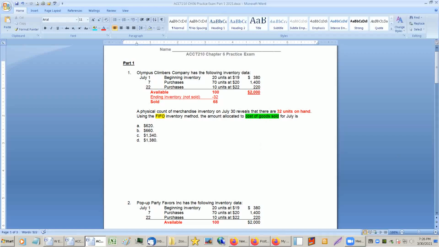Okay, are there still people that are still working on this? If you are, that's fine. I just want to make sure that, because if you're not, you can go ahead and post the results. But I want to give everyone a chance to make sure that they get the